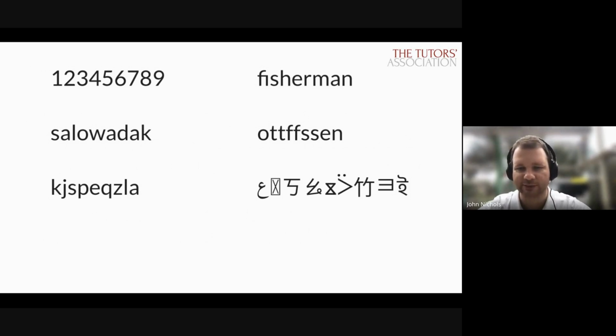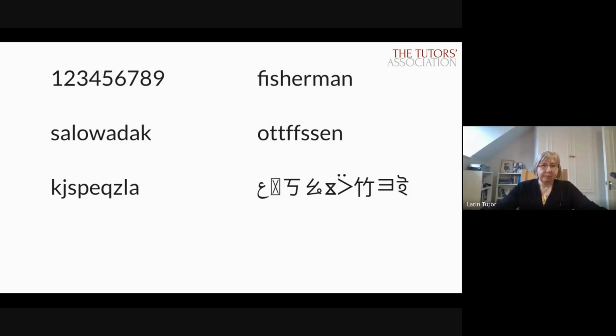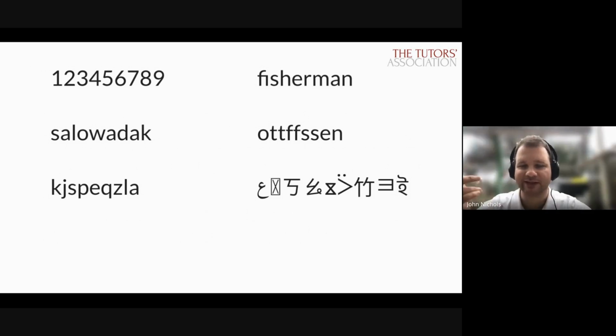Who can tell me what the second sequence is? So anyone, just come off mute and say it. Fisherman. Fisherman. Now, the interesting thing is, you don't turn around and say F-I-S-H. You'd say it's a word that you recognize, and so you immediately just say the word. It's a sound that you recognize, and it's part of a schema which relates to what they do, what you'd expect them to look like, you expect them to be on a boat, you expect them to have a fishing rod, and all these other things.